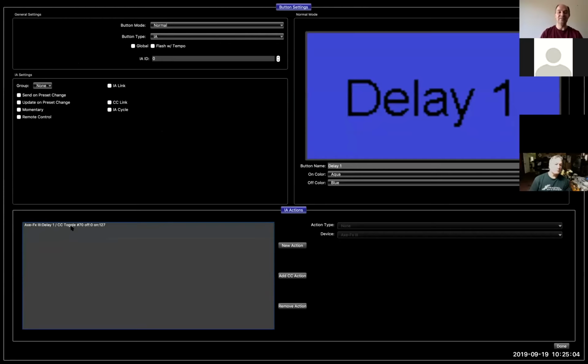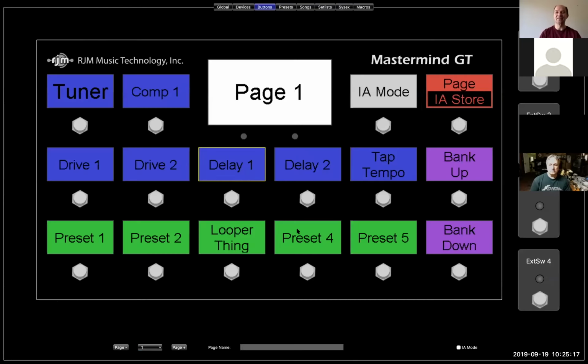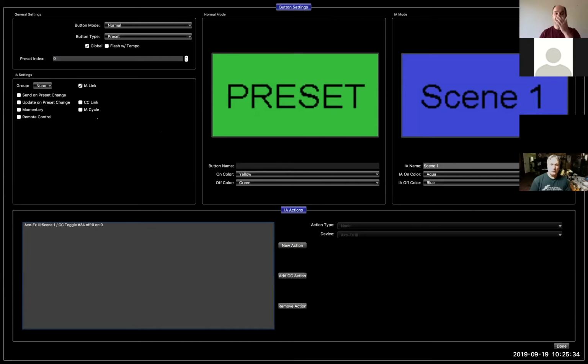They have the ability to send multiple MIDI messages, and in PVCs it can control the audio loops, and they kind of are the workhorse buttons that can do a whole bunch of things. They're a lot more configurable. So what IA mode does is, when you press it, it converts all the buttons that are not IA buttons into IA buttons. And if you look, for example, at these preset buttons, we open it up and